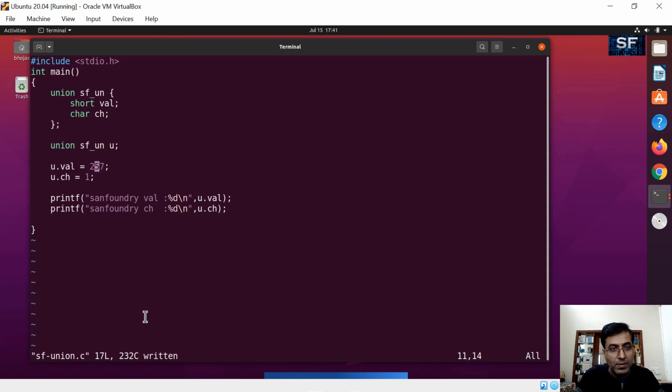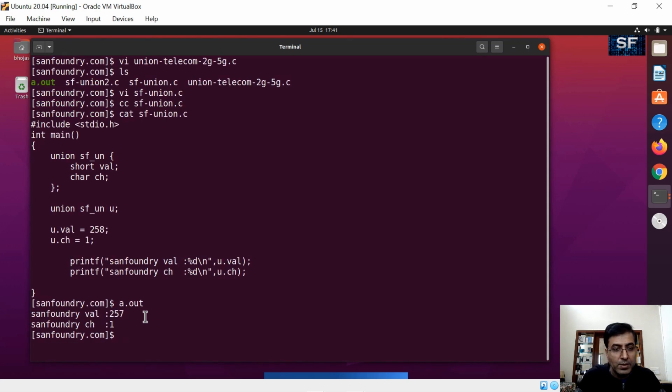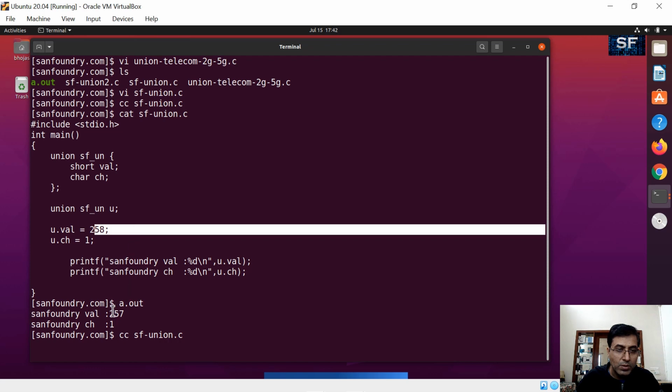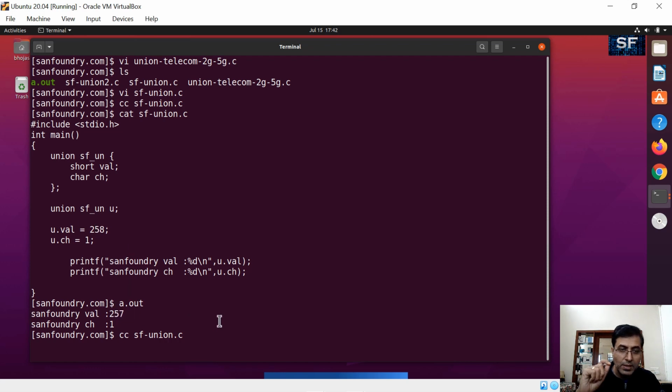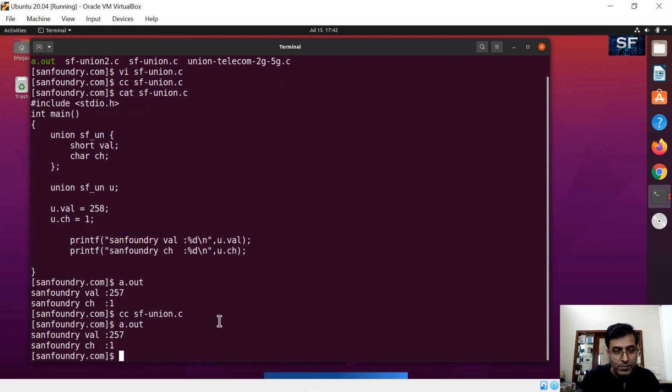In the previous case it was 258, and the output is 257. Now the case is we have 257. So we'll compile this with cc, and we run the code, and it says 257 once again, right? So if we change the value from 258 to 257, it's still showing 257.